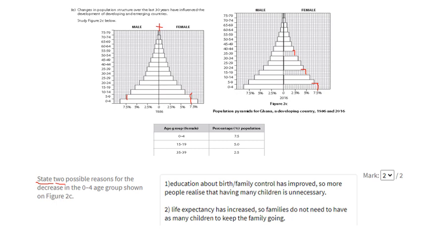Now, what we've got to do is think about what are the reasons for these reducing numbers based on what we've studied with India. And as we can see here, we've got education about birth and family control, and life expectancy increased, so they don't need to have as many children. Now, just the bits underlined would have got the 2 marks. They didn't need this extra bit because the command word was state, so it could have just been kept really simple. So have a look at your answer. How does it compare? And don't forget to keep pausing this video when you go through it. Now, obviously, there's lots of other reasons for it as well, but do they link up to the notes you have in your book?